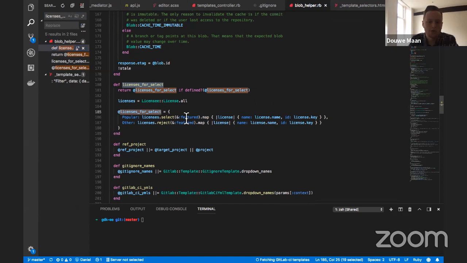And then again, it will take their names and IDs. So what this method ends up returning is a hash with two keys, and each of those keys holds an array. And that array holds rows where each row represents or refers to a license, and it will have both a name and a key in there. And this happens to be exactly the information that the dropdown on the front end needs to list those categorized